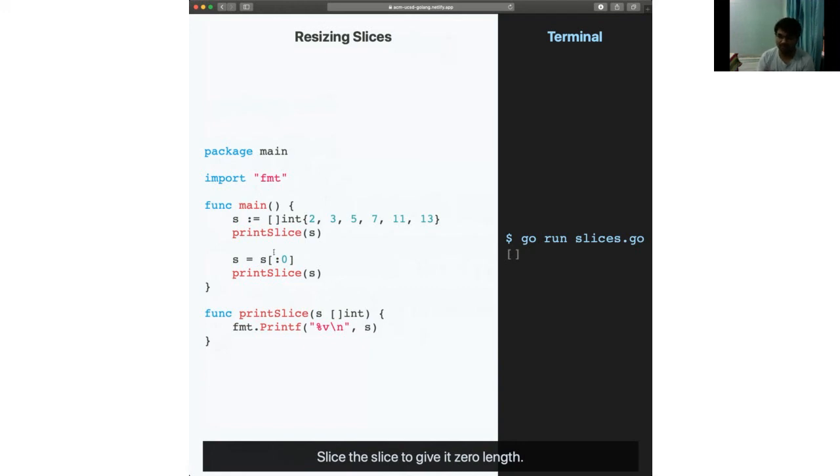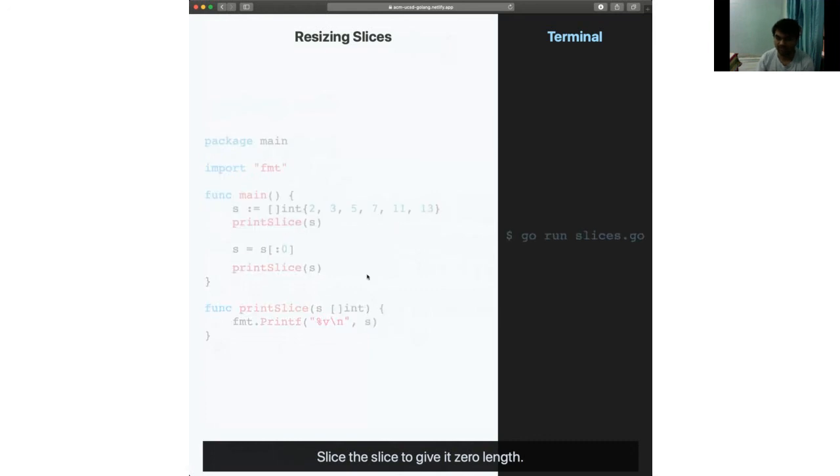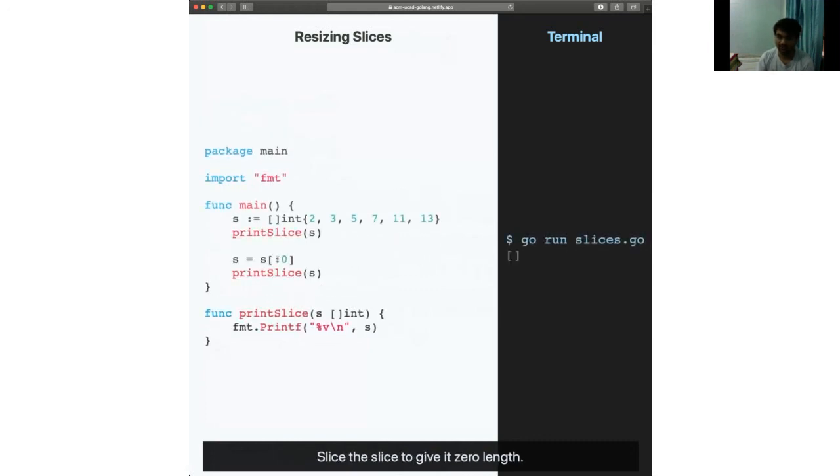So for example, if I start with this slice, which is the primes array from the previous slide, and if I try to give it 0 size and then print it, it'll be an empty slice, just empty brackets in your printing.